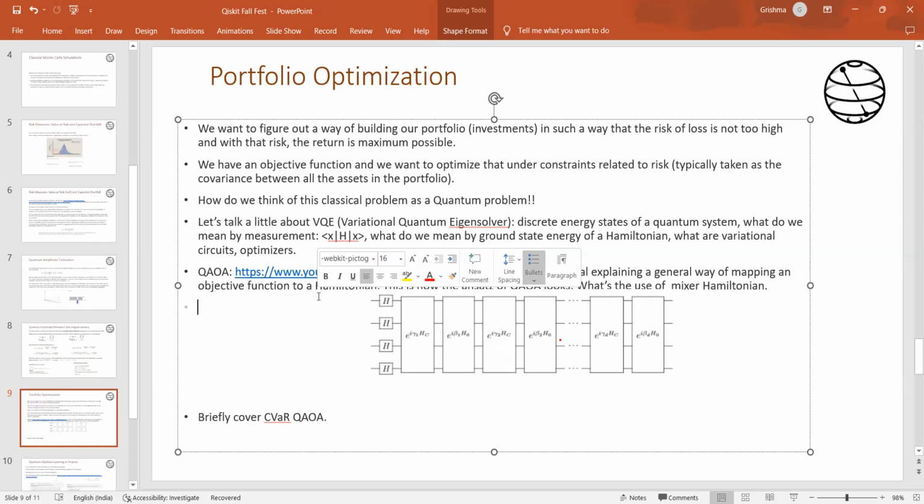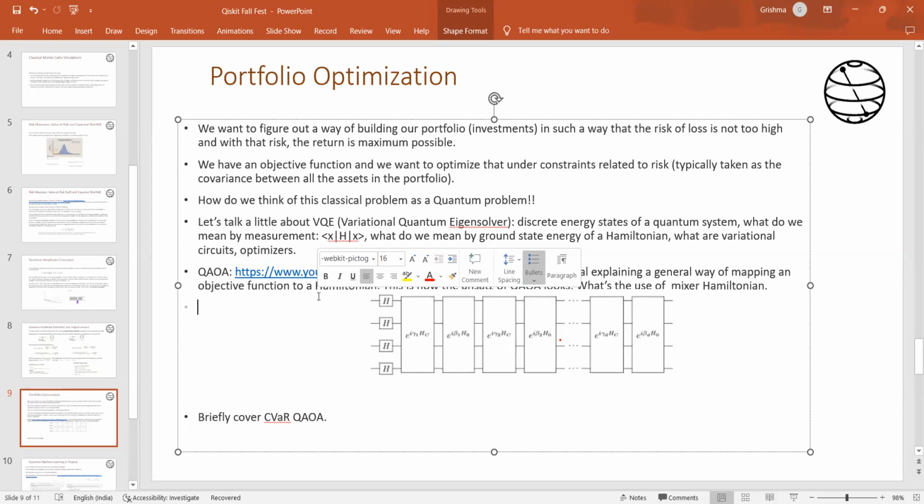When people like us want to invest, we want to get some kind of optimal portfolio where our risk is not something we'll be scared of when we incur losses, and at the same time, with that risk, our return is quite optimal and maximum. That's what we want to do here. Every optimization problem has an objective which we want to maximize or minimize. Here, we would probably want to maximize our returns.